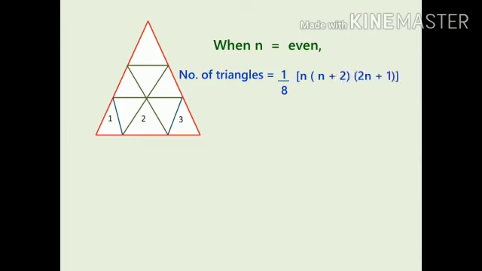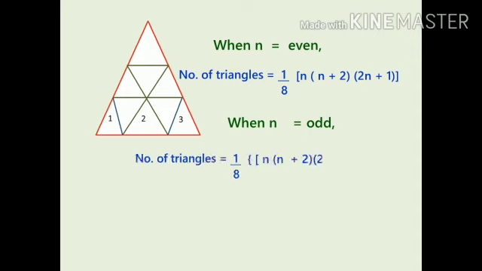So in this image the number of triangles in the base is 3, that is odd. If n is odd, we are having a formula. Only the same formula we are going to write with a little bit modification, that is 1 by 8 into n plus 2 into 2n plus 1, minus 1. Actually I have explained the 2 methods. If you are able to memorize the tabular column, just memorize the tabular column, or if you find the formula method easier, just follow the formula method. Which is convenient for you, just follow the method.